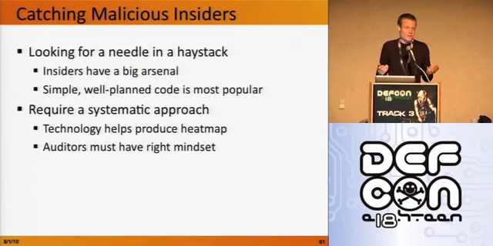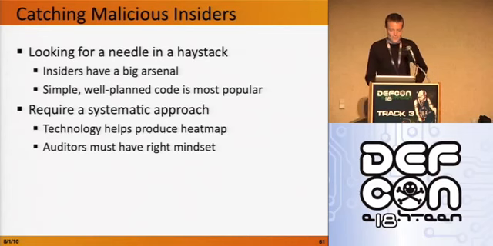Technology can help a lot here. I hope with some of the examples that we showed today, you see that static analysis, although it's never going to point out smoking guns, is a big help over manual review and can really reduce a multi-million line application into a heat map of areas where a code review can add more value by focusing on those hotspots. And it's really key that going into it, you don't just rely on technology, but that your auditors and the people looking for problems apply the right mindset. The things coming out of the static or runtime analysis aren't smoking guns, they aren't vulnerabilities, they're breadcrumbs. They're indicators of a potential problem. And until you get a thick enough pile of breadcrumbs, you're not guaranteed of finding a problem.